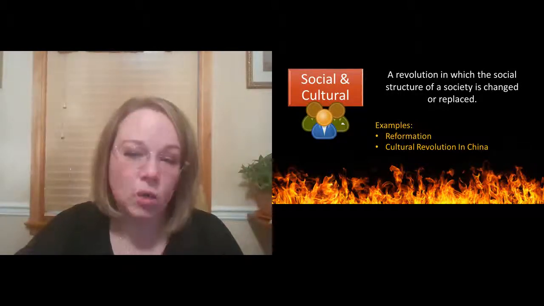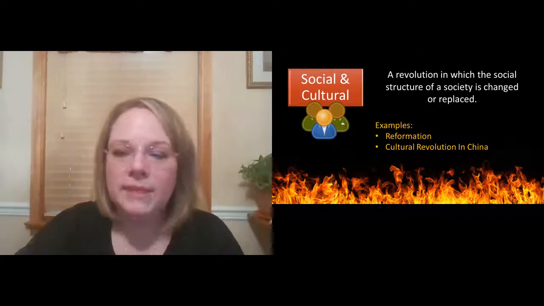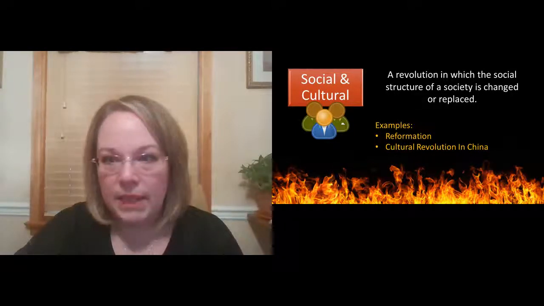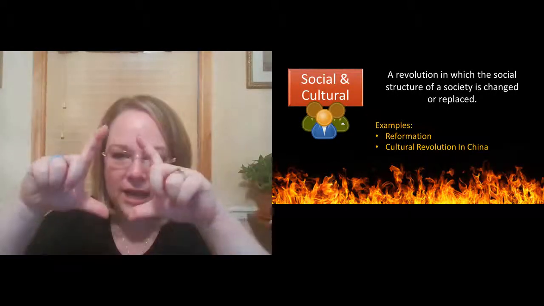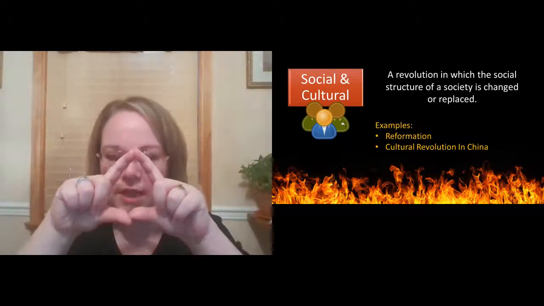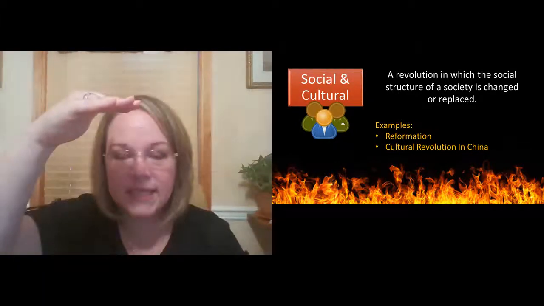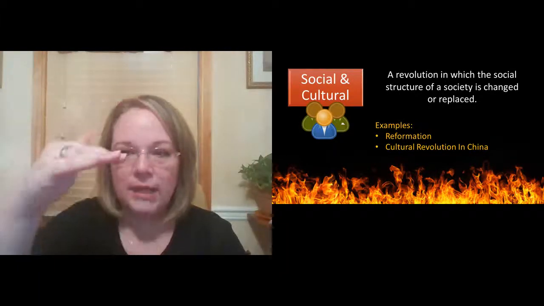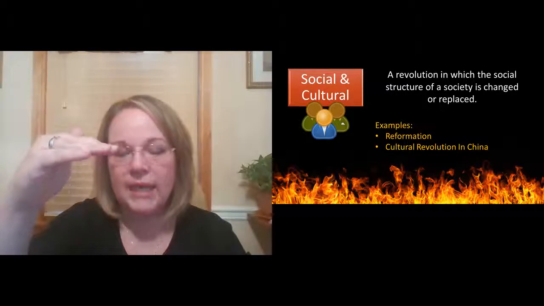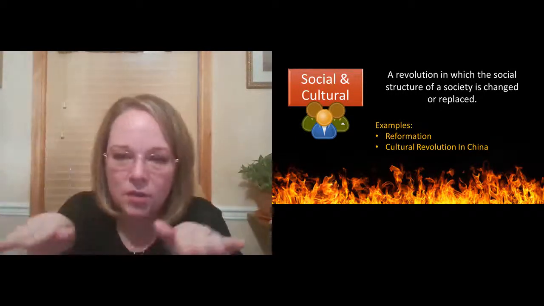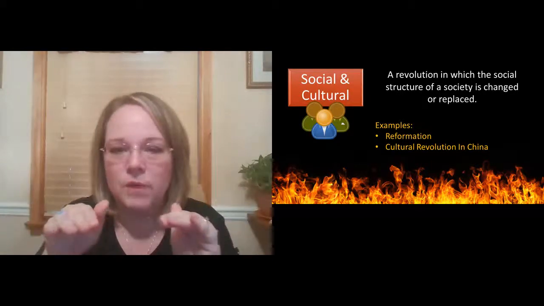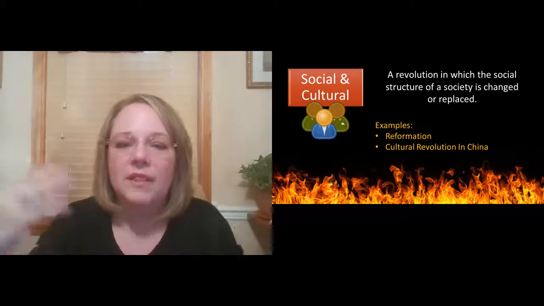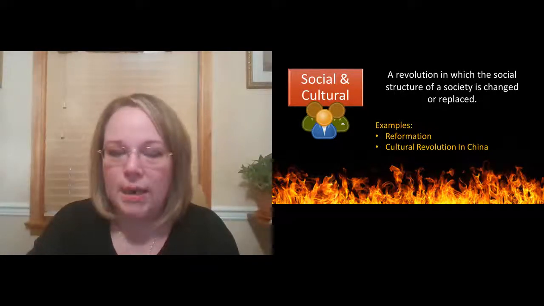Now, when I say social structure, remember back to last year when you were studying the Middle Ages or medieval times, there was this triangle. And that's not a really good triangle, is it? There's a triangle, and at the very top was the church. Directly under them was your king and your queen. And then you had your nobility, and all the way down at the bottom, you had your peasants or your serfs, people who had no say in society whatsoever. That's the social structure we're talking about.